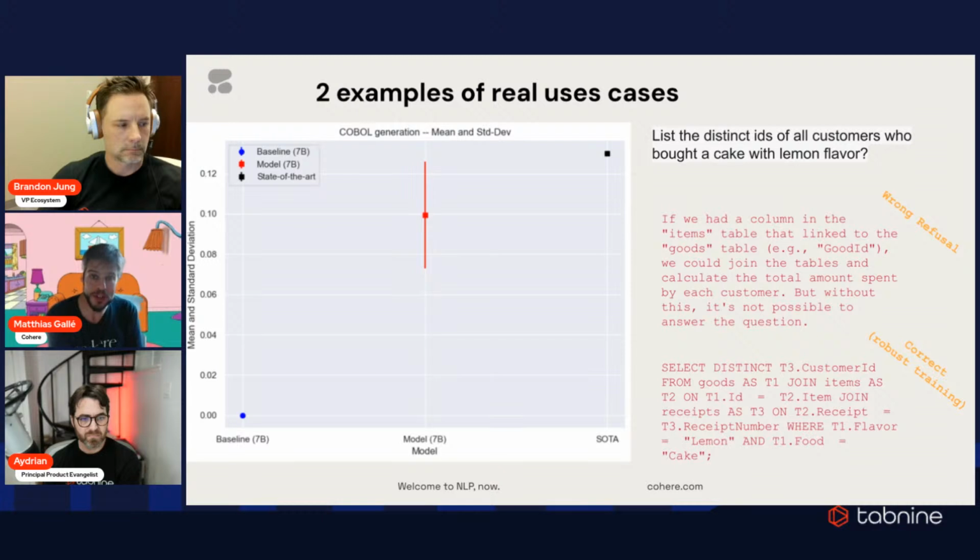And then on top of this, we hired a few COBOL engineers, and we annotated some data points. There were not a huge amount of them, only a few. And they helped this small 7 billion model get very, very close to the state of the art. We trained several of those, which is why you see a variance here. The mean is 10, and then there's a variance of 2-3 points. Those are still super low numbers, but you can see how with very little data, you can already perform quite well in what we call a low resource language.